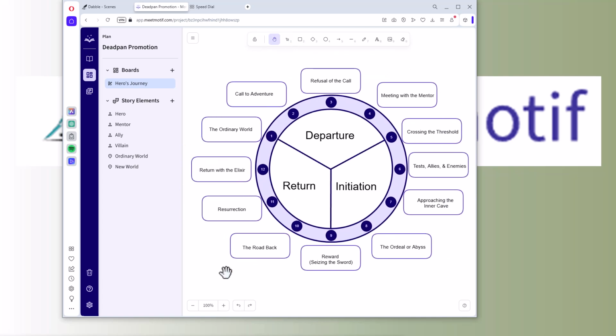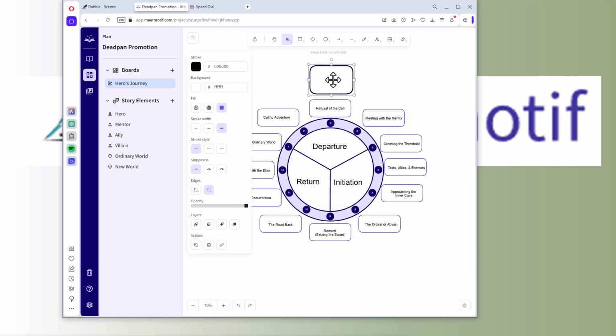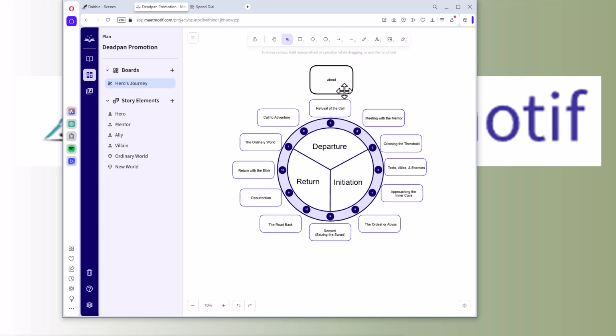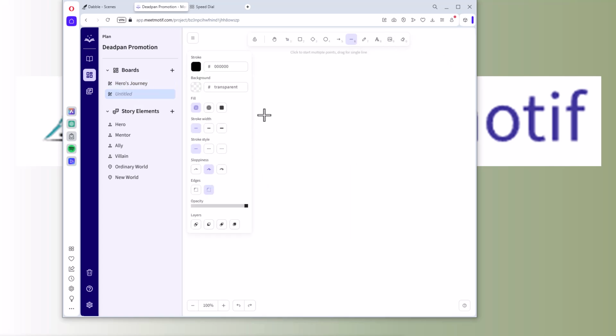And we can move this around, we can zoom out or in, and we could even start adding notes around it about different things that we want to keep track of. So we could expand that. We could also even add a new freeform board, which some people might like to have,